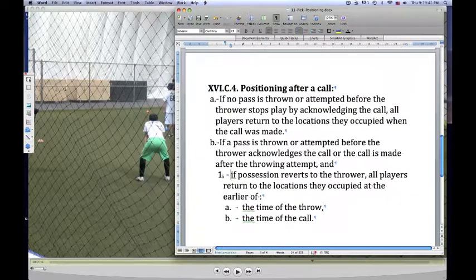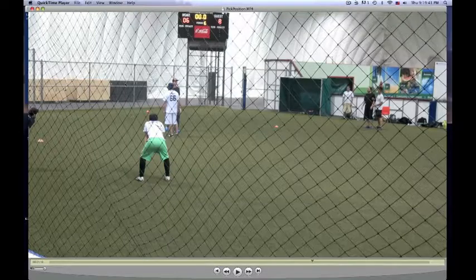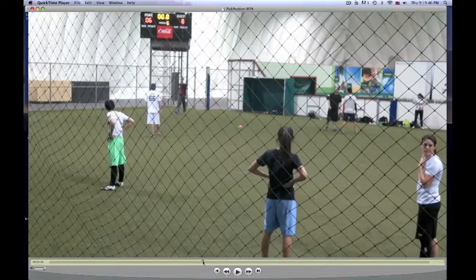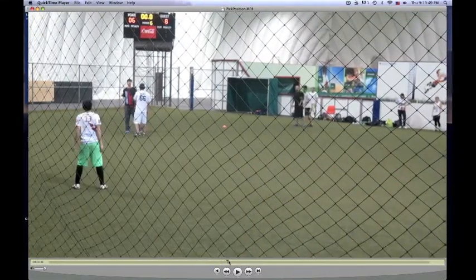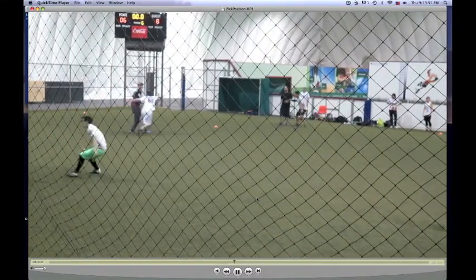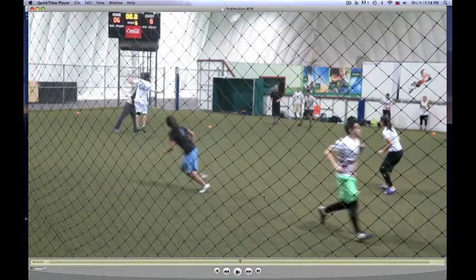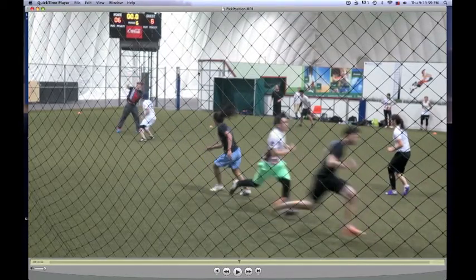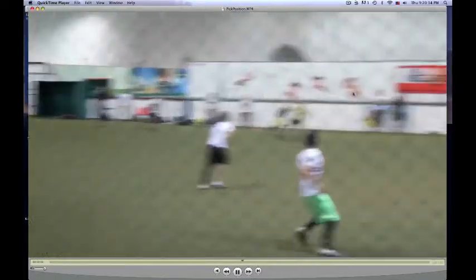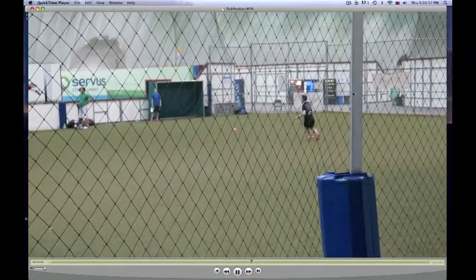This is what we're dealing with here, is this particular instance or set of circumstances. If we go back, I think I showed you this already, and we look at what was earlier, the time of the call or the time of the throw, they're almost simultaneous. That's when pick is called, and this is where the disc is. So if we only go back about 3 frames or so, which is about a tenth of a second, they're right here. Technically, this is where they should reposition themselves. Likewise, you can see some of the other matchups here with Ray and Alex, Sonny and Elise. This is where everybody should be going to, in theory. Often, when you actually want to play like this, it's hard to remember exactly where close